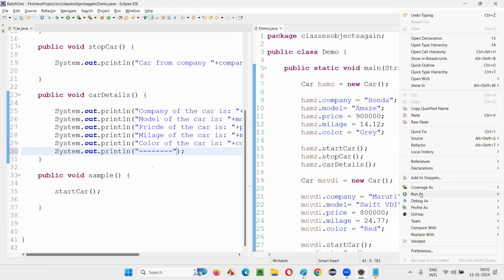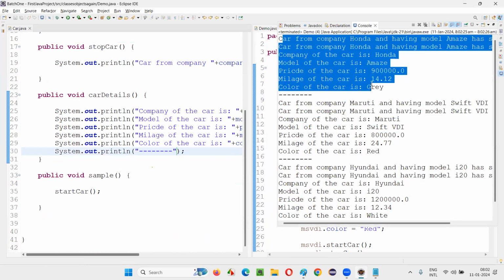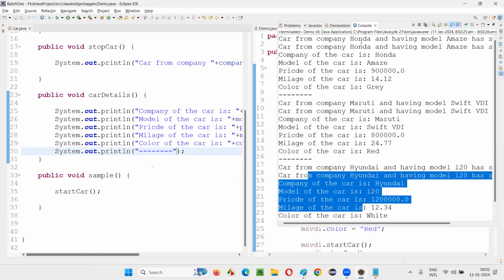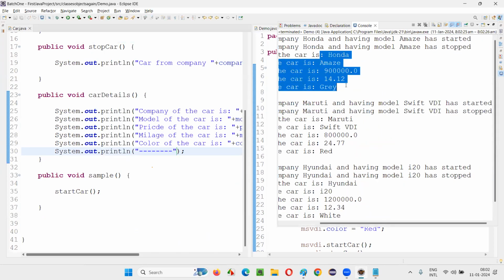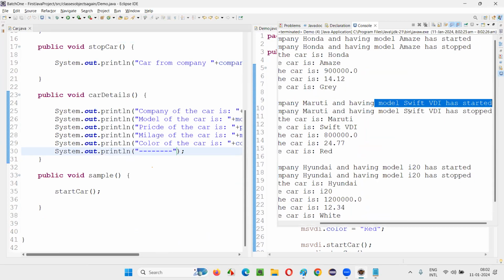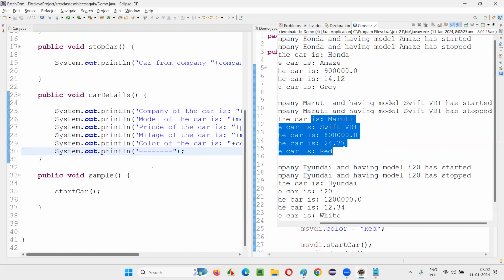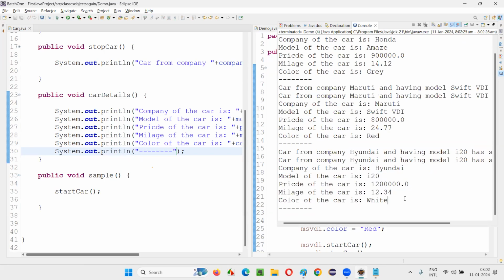Now run this code, right click, run as Java application. You see, first car, second car, third car. Car started. Honda Amaze car started, Honda Amaze car stopped, Honda car details. Maruti Swift VDI started, Maruti Swift VDI stopped, Maruti car details. Hyundai i20 started, Hyundai i20 stopped, Hyundai i20 car details. Everything came.